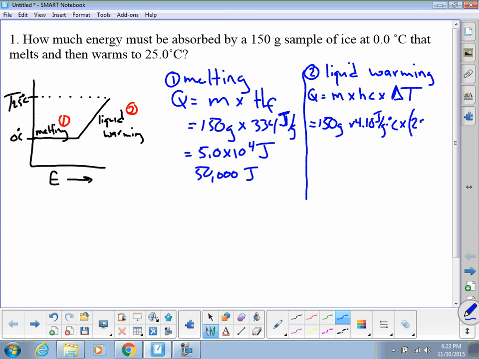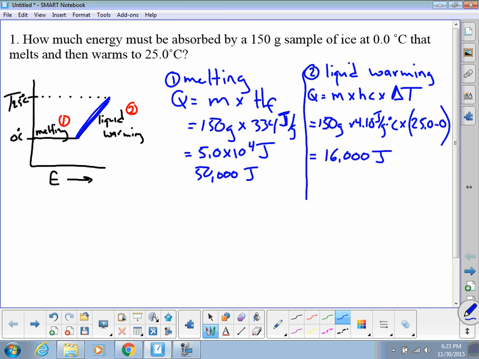The final temperature is 25.0 minus 0, which was the initial temperature. We can see that from our graph during this section here. It starts at 0, ends at 25. So 25 minus 0. And if we calculate that out to the right number of significant figures, we're going to get